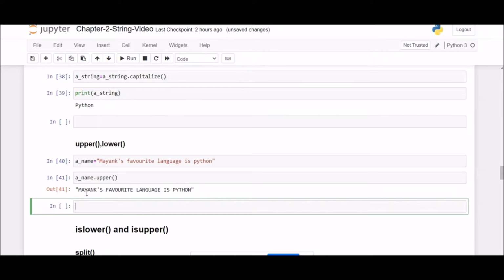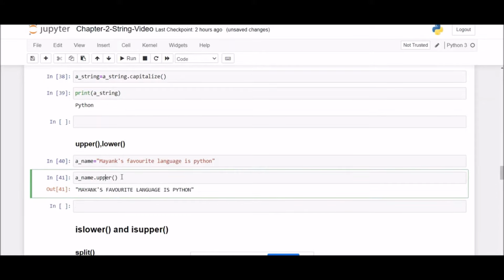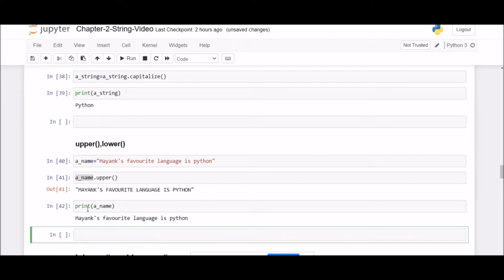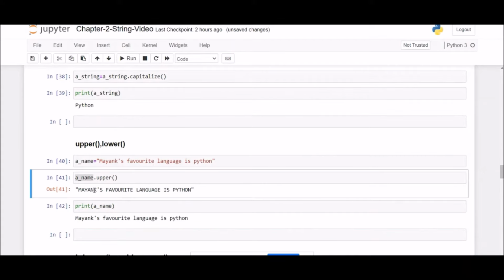Now again, this is only the result of this upper method when applied to this variable a name. The variable itself will not change yet. If I print this a name variable again, it is showing us the original string. It is not assigning anything to the original variable.